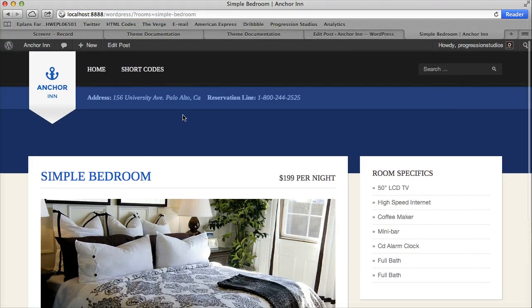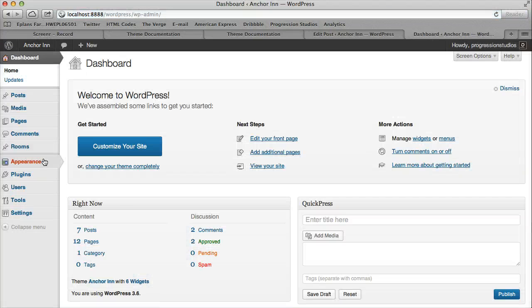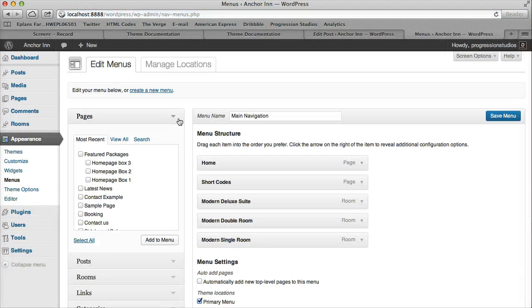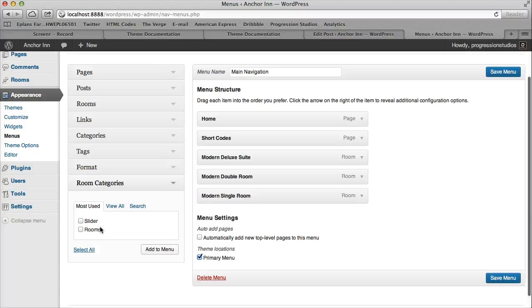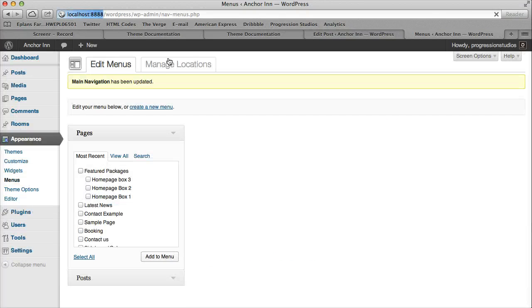So the last thing I'm going to go over is how to add the category to a menu. You just go to Appearance, Menus, and under Room Categories, you can select your rooms, add it to the menu, click Save, and you have your